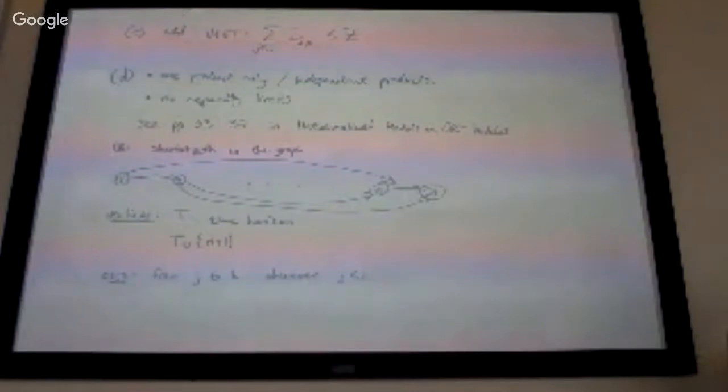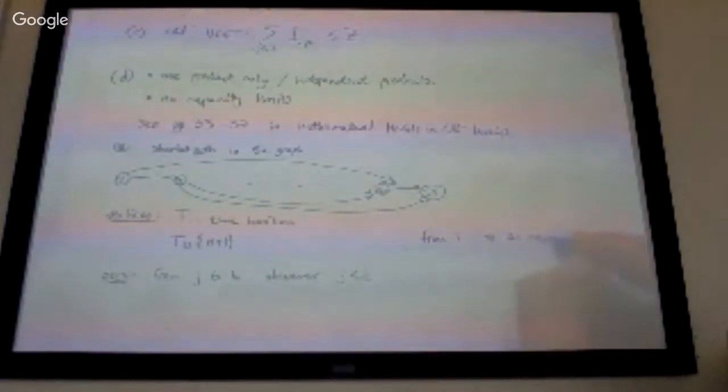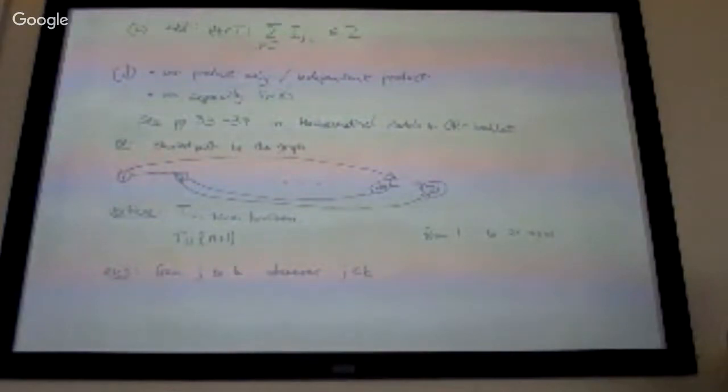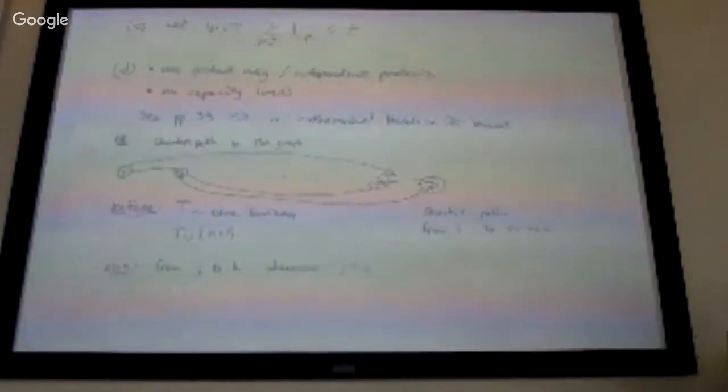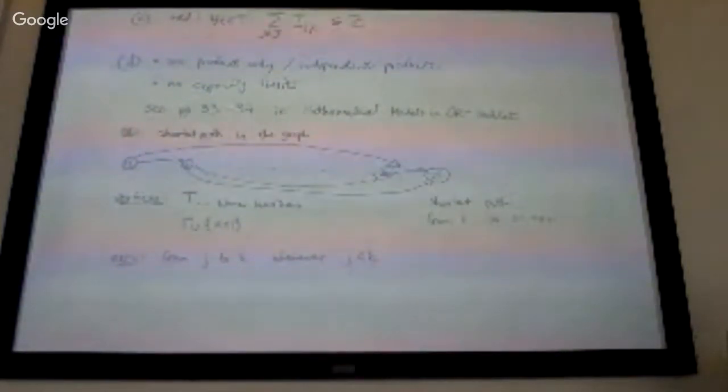And the shortest path goes from 1 to 21, or n+1, if we want to be more general. And the only thing that remains is the cost function, so the cost of an arc J to K is